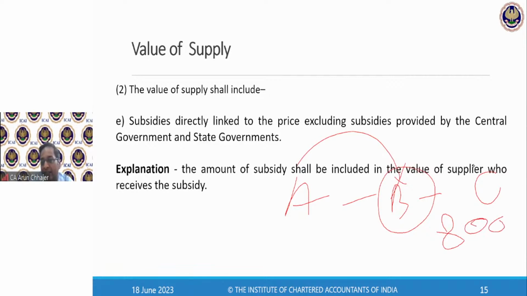So he is raising the invoice of 8,000. He has to also add in the value 4,000 and pay the GST on entire 12,000. Might be he can raise the same invoice with the 12,000, or he can raise a separate invoice. That is no issue. He can do the invoicing either same or separately, but the only point is Mr. B has to pay the GST on entire 12,000.